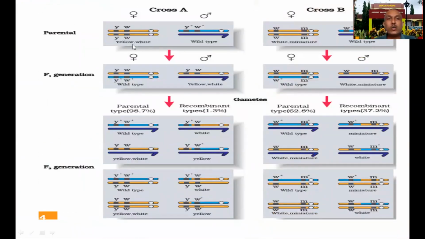Now see, when he did a cross between the yellow white parent with a wild type, in cross A, see the combination. The parental type is 98.7% और जो recombinant type है it is 1.3%. लेकिन वही जब उन्होंने दूसरा क्रॉस किया बाय चेंजिंग द कैरेक्टर, दैट इज व्हाइट और मिनिएचर, इधर येलो व्हाइट है, इधर व्हाइट मिनिएचर है, स्मॉल विंग और व्हाइट टाइप सेम है. तो हियर ही यूज द सिंबल प्लस, प्लस इंडिकेट्स डोमिनेंट, माइनस इंडिकेट या नो सिंबल इंडिकेट रिसेसिव. सो हियर व्हाट ही गॉट, सी पेरेंटल उसको मिला 62, इधर से कम, लेकिन रिकॉम्बिनेशन मिला ज्यादा, कितना